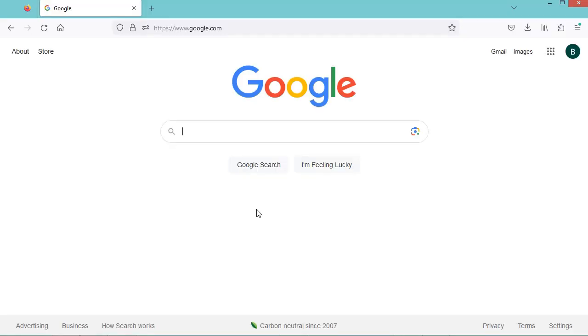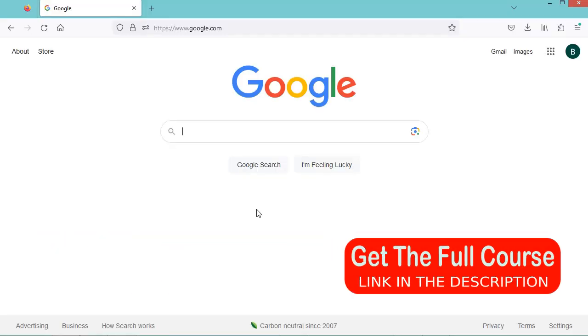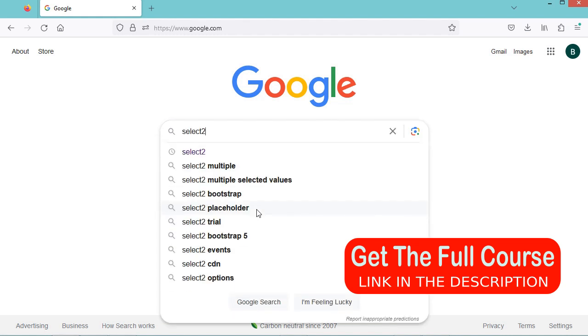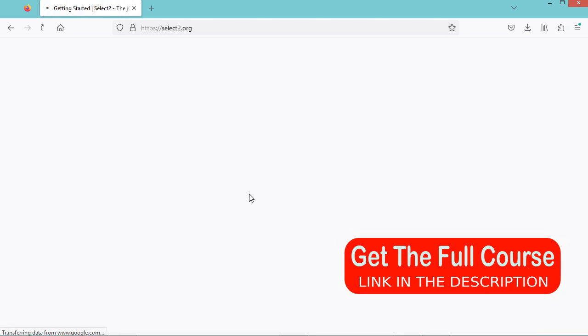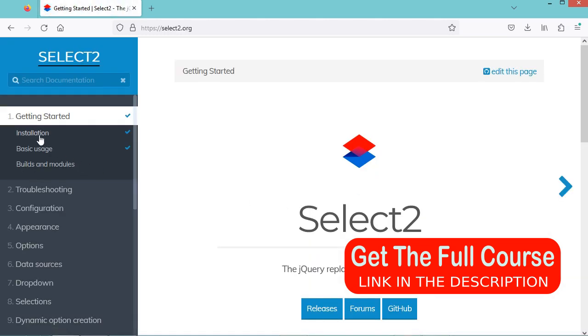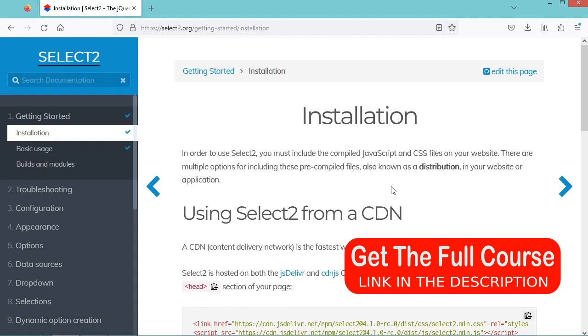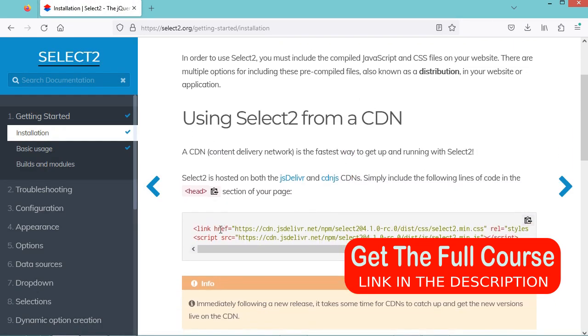Now, instead of using the traditional select elements, I will show you how to use advanced select elements that support the search functionality. So we will use select2. So here let's type select2. Then let's go to this first link. Let's go to installation, and let's use this library from the CDN. So we need to copy these two lines. Let's copy the first line,